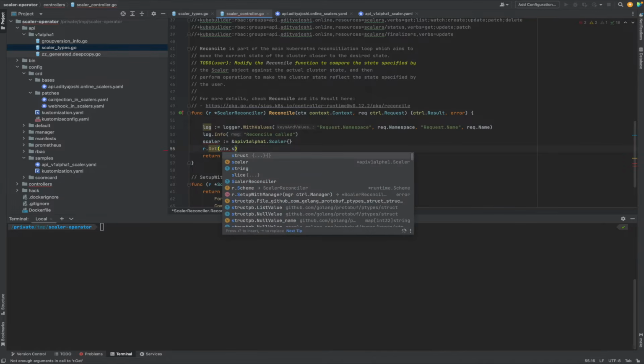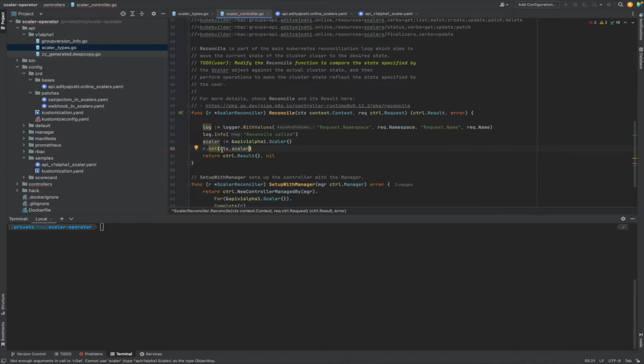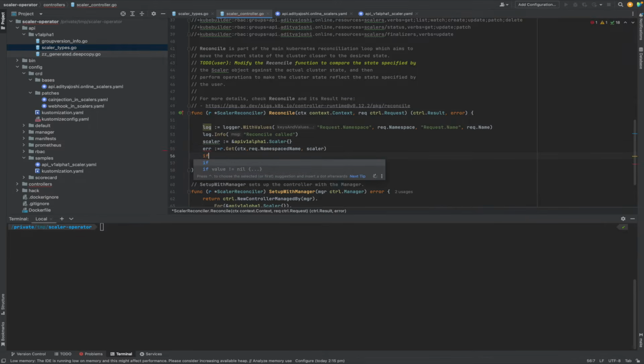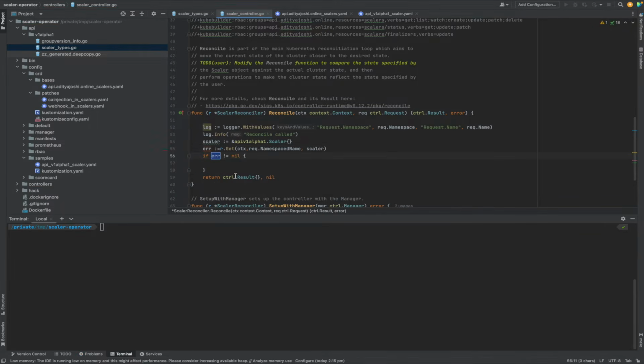So let's keep this as scaler here, and we also have to pass the namespace name. So we can give req.NamespacedName, and this is going to return us an error. So we can just check if we have an error, and if we have an error, then we can return from here. Okay, so in case we don't have an error, then we can fetch the start time, end time, and see if the current time is within that range, and then